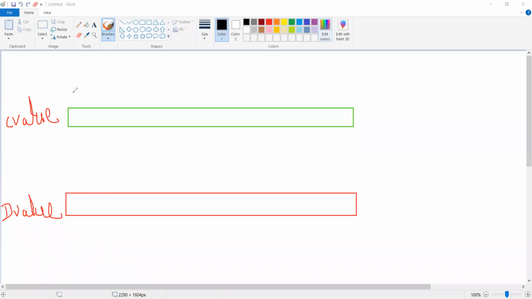Next, C value starts from an address called 06C. It's a starting address. D value starts from a number called 4000. Now I'm going to store the values like this: in the first location 44, second location 44, third location 44, and fourth location again 44, and I will close this area. Now the question is, what value should I write here?